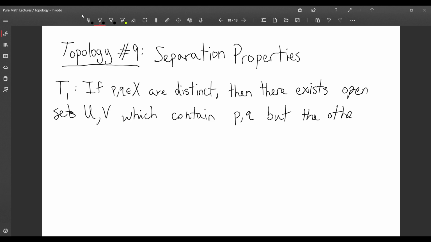So what this means, of course, this definition, I wrote it kind of sloppily, but I can describe it better via a picture, is that if P and Q are your points, then there are open sets U and V such that U contains P but not Q, and V contains Q but not P. Now notice these open sets might intersect, and